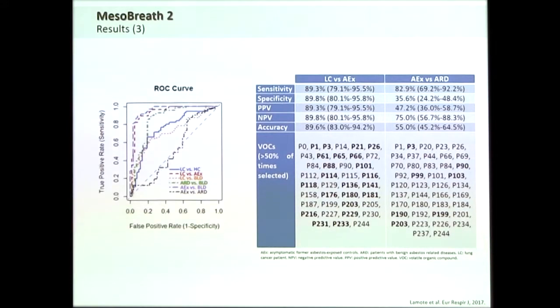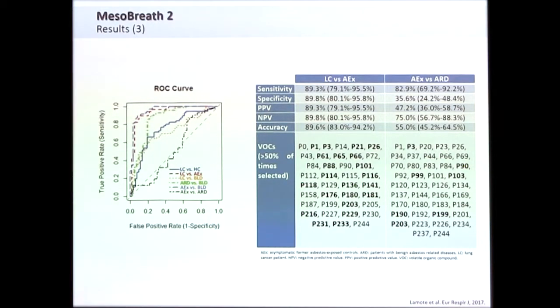Now, those are the curves. For instance, if you want to discriminate lung cancer patients from those with our asbestos-exposed group, based on the same compounds, we also have a nice discrimination of those groups. So if you have an asbestos exposure, it could be used to discriminate it from lung cancer or from mesothelioma.